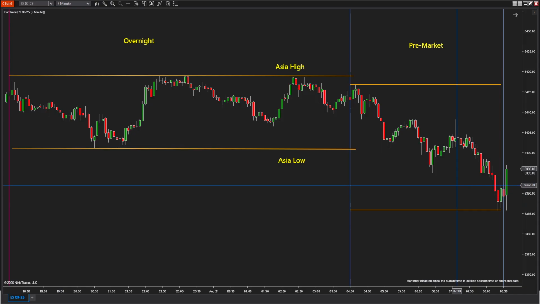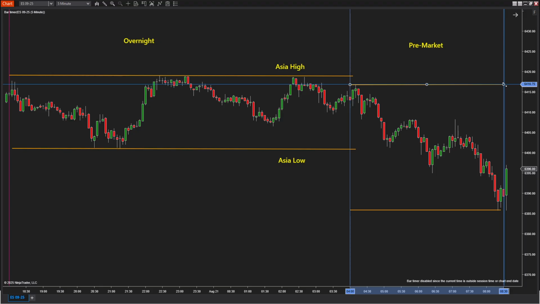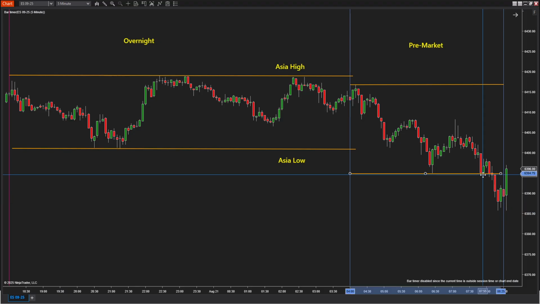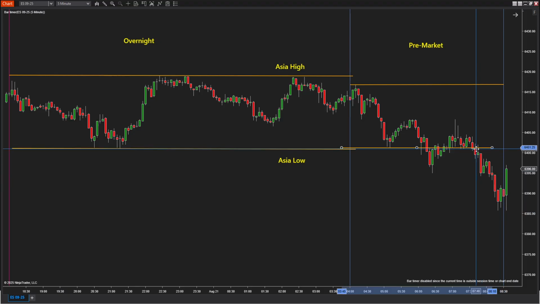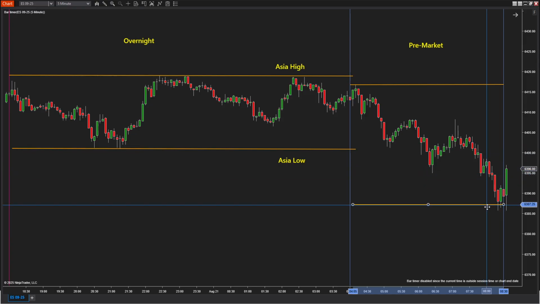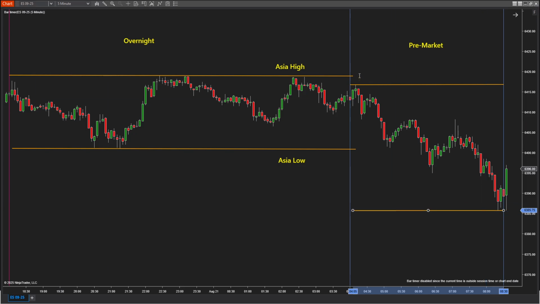So I adjust the level. So once pre-market is done, then we go into the 8:30 hour, I would move these levels. So this would be here, or sometimes I'll just leave them there because the algo will reuse them. So that would be a level there, that would be a level there, and then this would be the final level. So the final would be pre-market high, pre-market low. It's as simple as that.